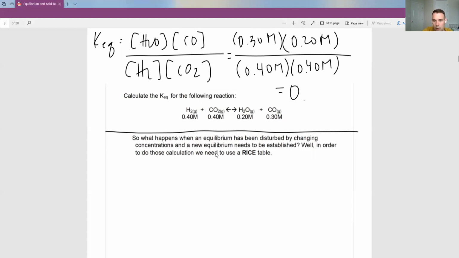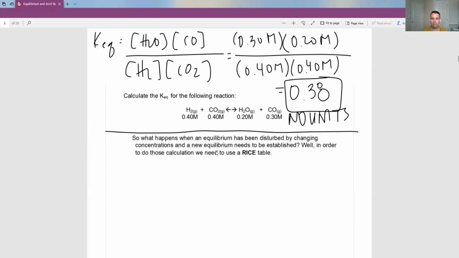The answer gives you 0.38 as my KEQ. And please note, there are no units for KEQ. For the equilibrium constant expression, there is no KEQ, no units. Which means if I was looking at this and this reaction was at equilibrium, I would have more reactants than